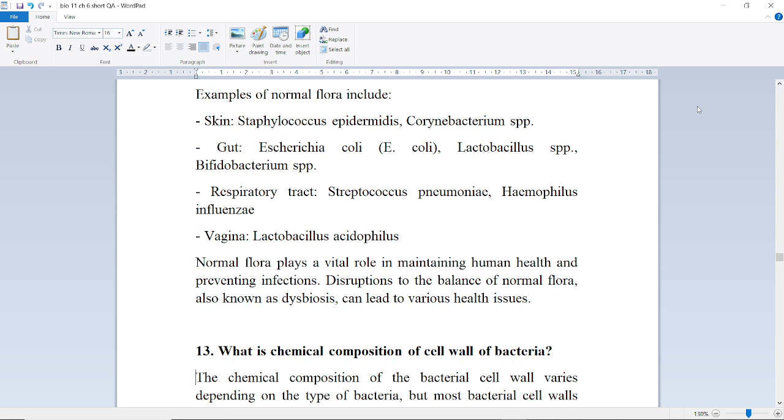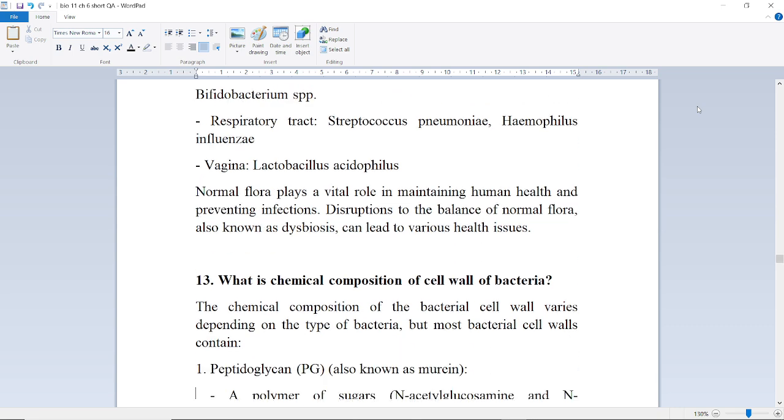E. coli, Lactobacillus species, Bifidobacterium species, respiratory tract, bacteria Streptococcus pneumoniae, Haemophilus influenzae, Vagina, Lactobacillus acidophilus. Normal flora plays a vital role in maintaining human health and preventing infections. Disruptions to the balance of normal flora, also known as dysbiosis, can lead to various health issues. Next question is,